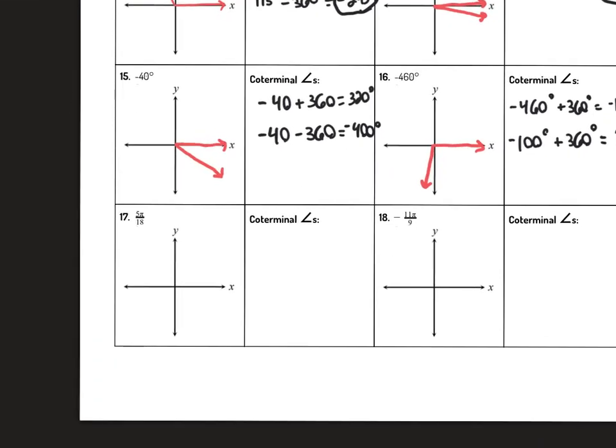Okay, some coterminal angles. Now they're in radians. We're going to keep them in radians. So first I'll do the coterminal part first. 5 pi over 18. And I'm going to add to that 2 pi. But I'm not going to call it 2 pi. It has a denominator of 18. 18 times 2 is 36. So I'm going to add 36 pi over 18. And that's just a different way to write 2 pi so that it will have common denominators. And that will equal 41 pi over 18,